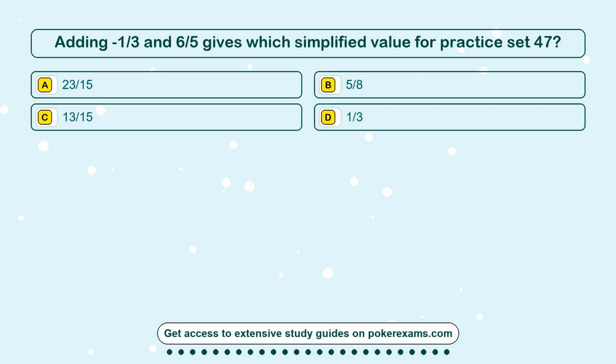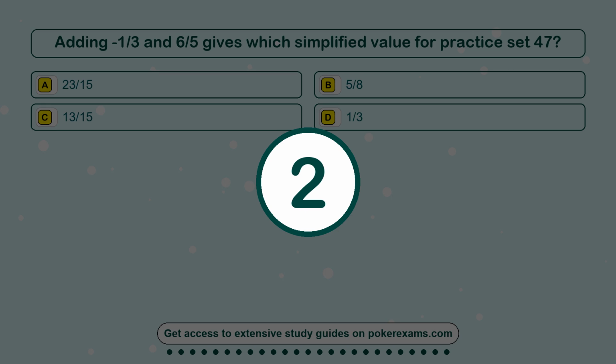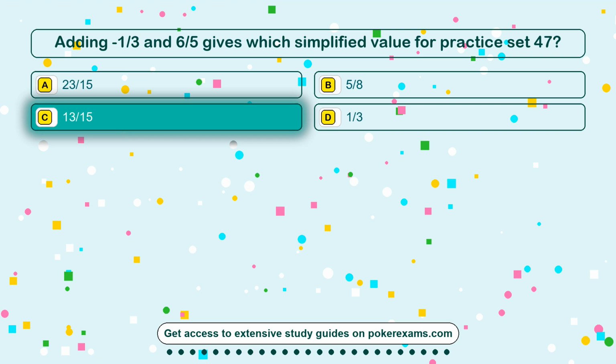Question 1. Adding -1/3 and 6/5 gives which simplified value for practice set 47? Option A 23/15. Option B 5/8. Option C 13/15. Option D 1/3. The correct answer is option C,